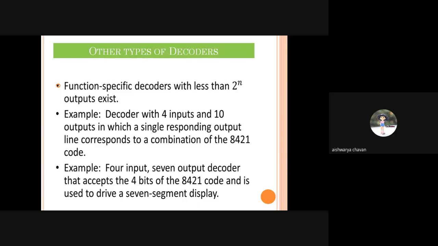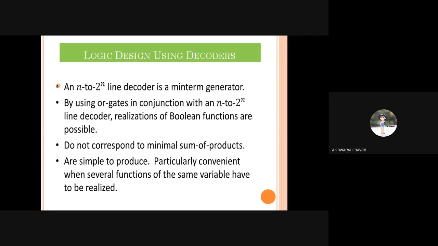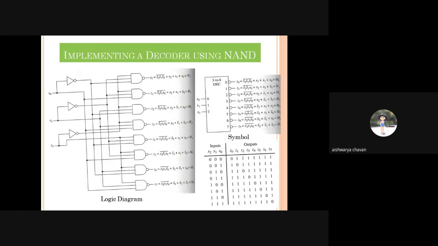Now see the implementation by using the NAND gate, implementing a decoder using a NAND gate. When we are using a NAND gate, exactly opposite to the AND gate, you will get the output. So here the output should be low, means Z0 will be selected as active low. Input is 0, 0, 1, then output Z1 will be 0, active low, and others are high. So exactly opposite to that of an AND gate, you will get in the NAND gate.